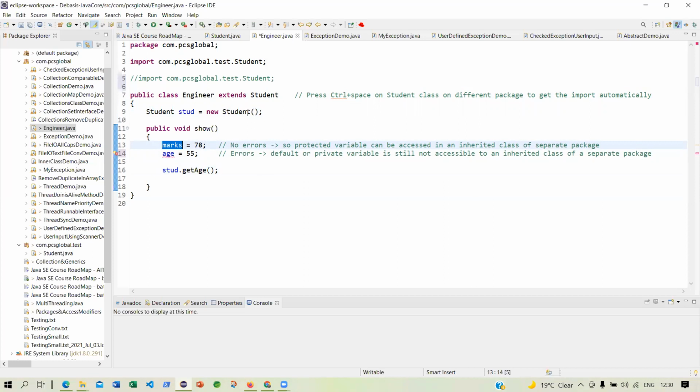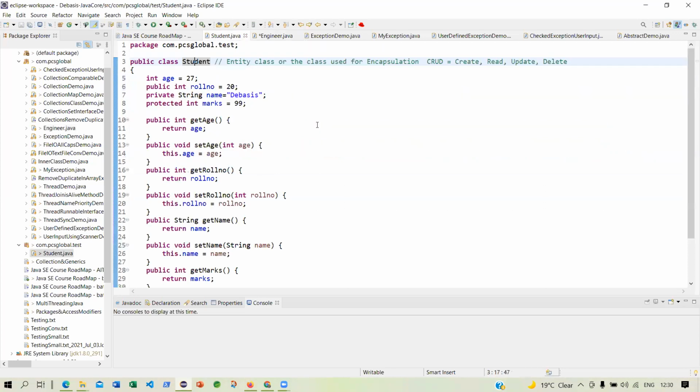Engineer has not declared any instance variable called marks. But because you have extended Student, you have access, like inheritance. You have inherited all the properties of Student. One of the properties is marks. But the access modifier is protected. You are protecting the marks. This type is protected.